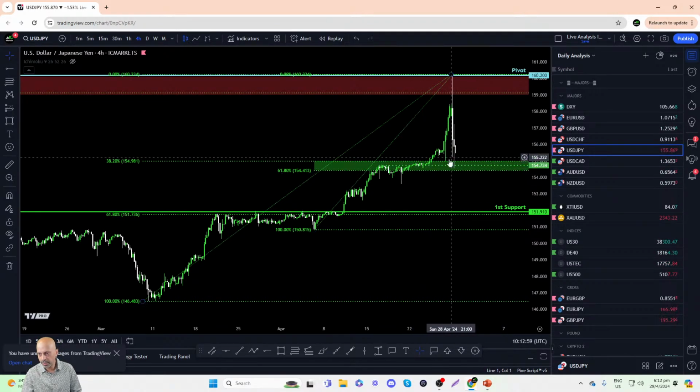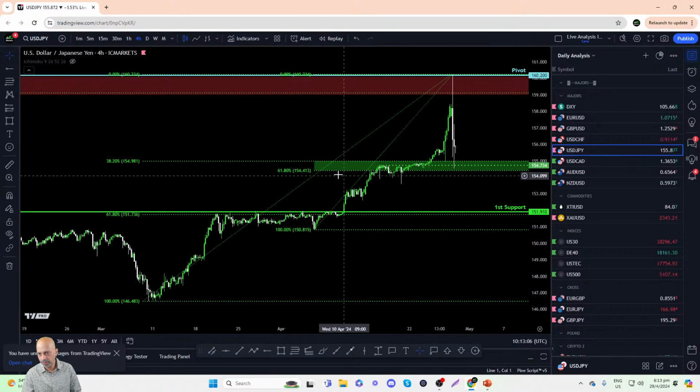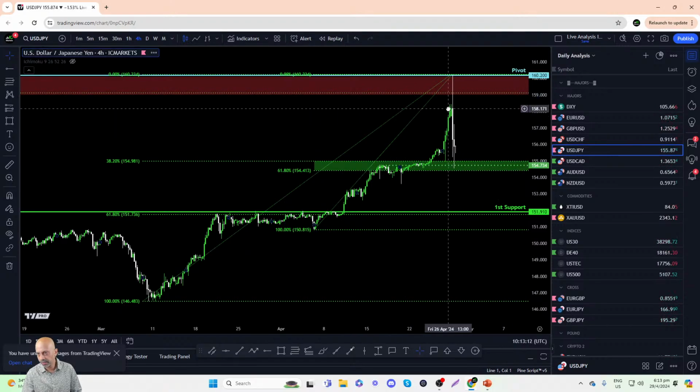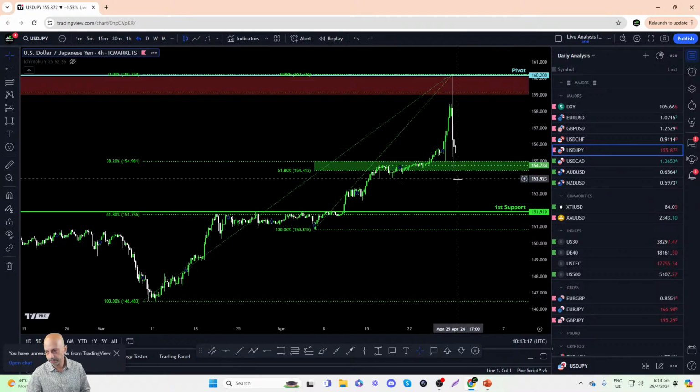then a suitable area to identify your stop loss level would be just underneath this support zone at 154.73, maybe 10 to 15 pips below the 61.8% Fibonacci retracement. And of course, we can target the region of 158 as a potential take profit zone should we see dollar yen continue to climb higher.